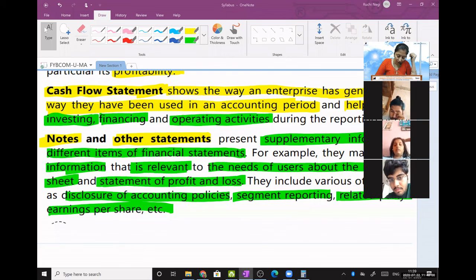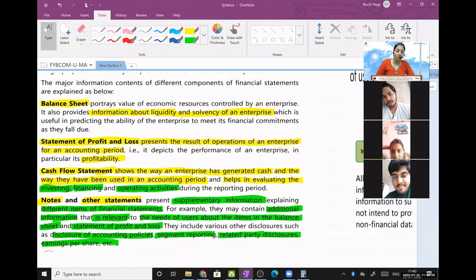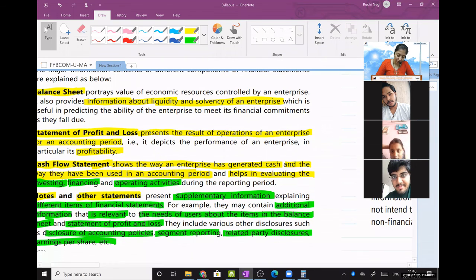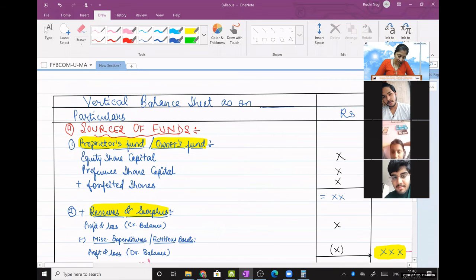Just acknowledge it in the chat box. We just have a few seconds with us. The next lecture, if possible, I will show you a balance sheet given in newspapers. Then there I will show you what is notes to accounts. So next lecture, something new we will do. We will see this financial statement is beneficial to whom. We will see that in the next lecture. Okay, and next lecture we'll also see in detail what is this